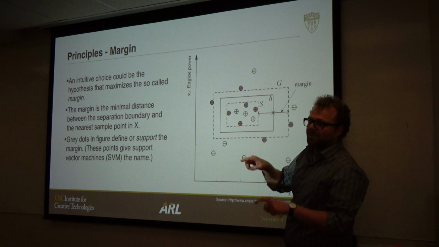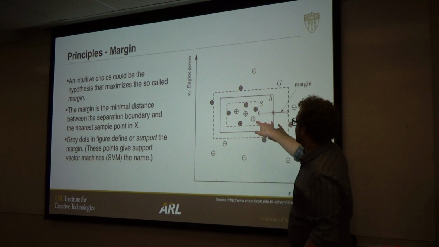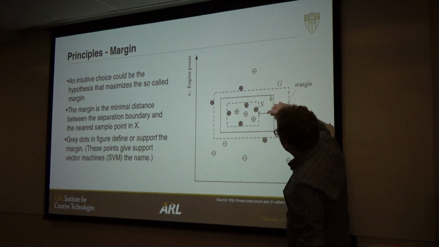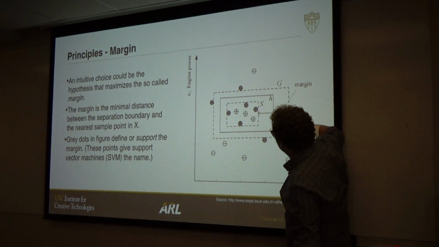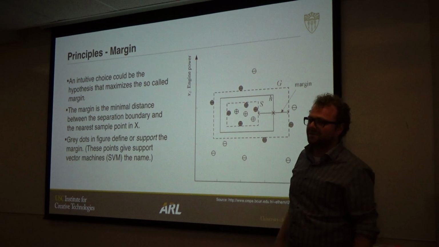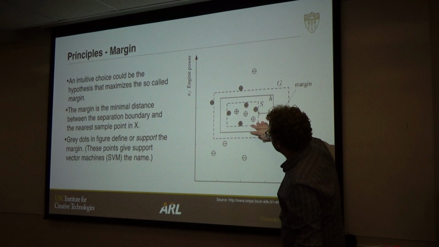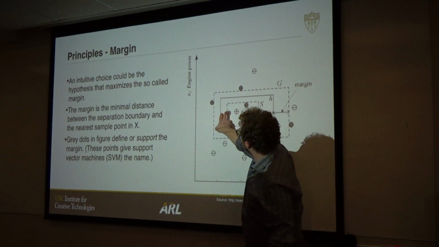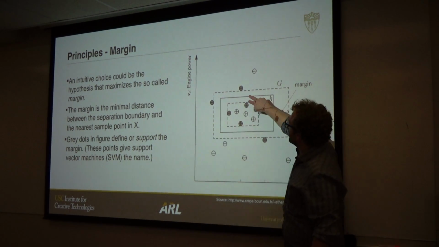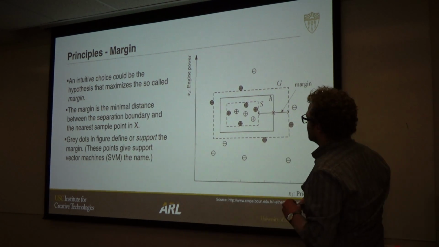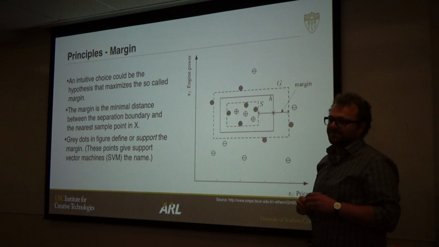It's always equal distance. So the optimal boundary is always equally distant from this guy as well as this guy. Okay? And the same for this dimension here. So we have the maximum border here, and the maximum one here, and the maximum one here. Okay? So these things are called maximum margin classifiers.